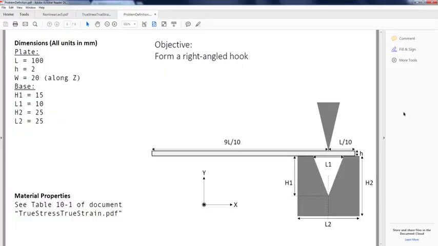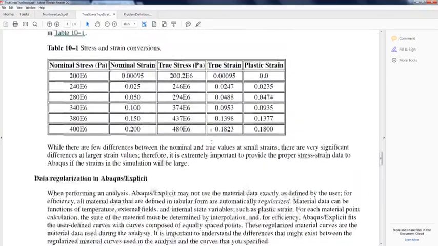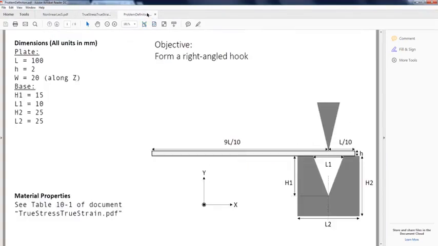And here I've drawn the geometry and given some dimensions, and we can reuse the material properties provided by Abaqus in this table. The objective here is to model this shape forming process and form a right angled hook.